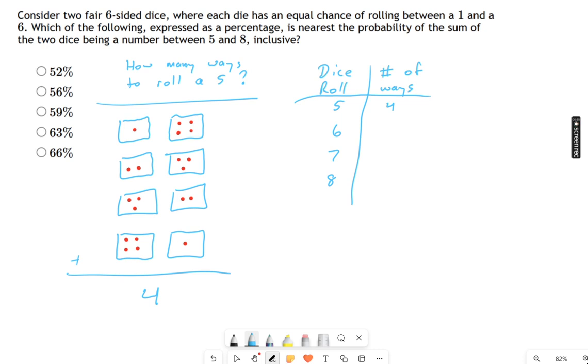And if you go through this same exercise and count how many ways you could roll a 6 on 2 dice, you're going to find 5 possible ways, right? Starting with a 1 and a 5, then a 2 and a 4, then a 3 and a 3, and so on. And then you can go through this procedure for each one of these things and find that